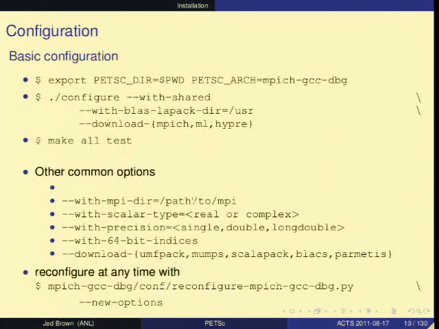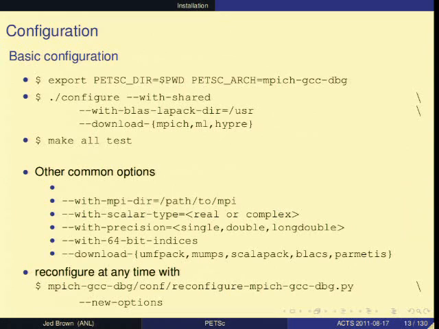Our configuration system looks a lot like AutoTools, although it's a Python implementation. But in addition to being able to use packages that are already installed, we can download lots of packages and use them. So you're never required to use the one that PETSc distributes, but a lot of our, say, optional third-party dependencies are very involved to build yourself. And we try hard to make that portable and work wherever you need it.